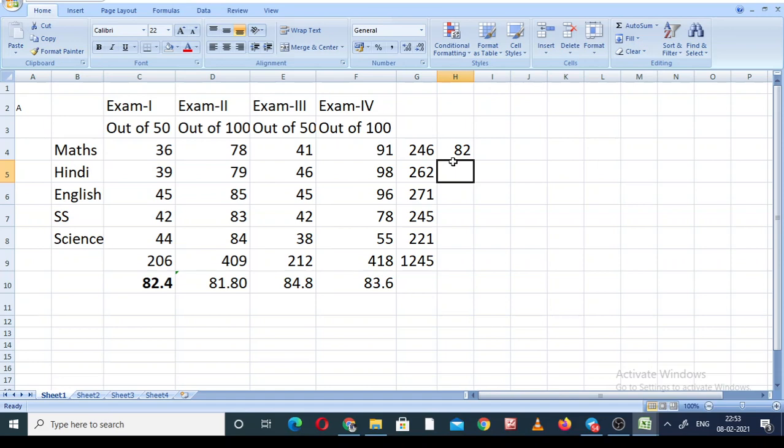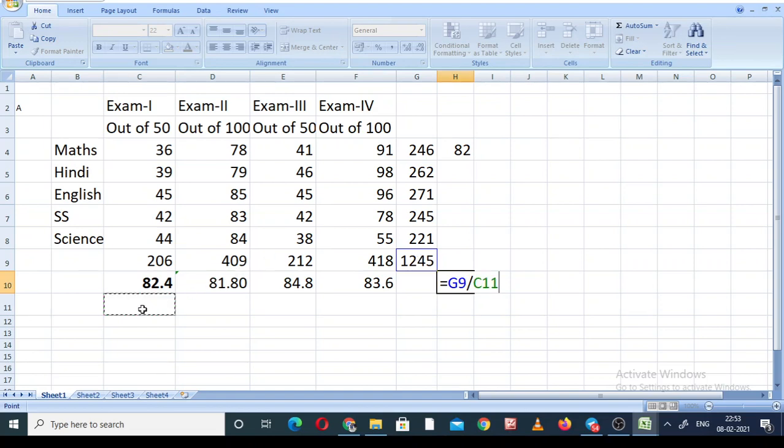Now you can calculate the percentage on aggregate level. Like here we want the equal, the total aggregate marks is 1245 upon the maximum marks.